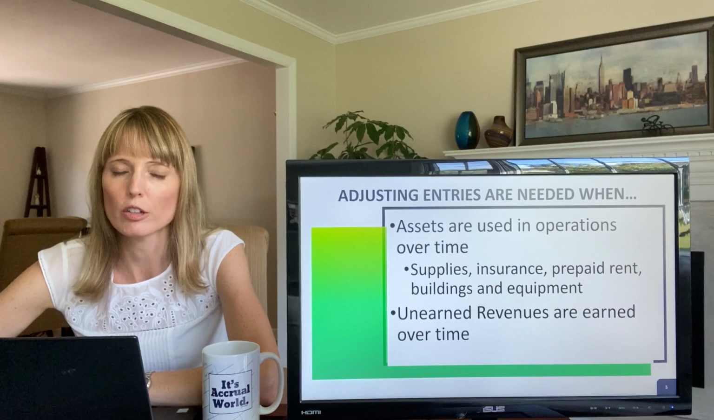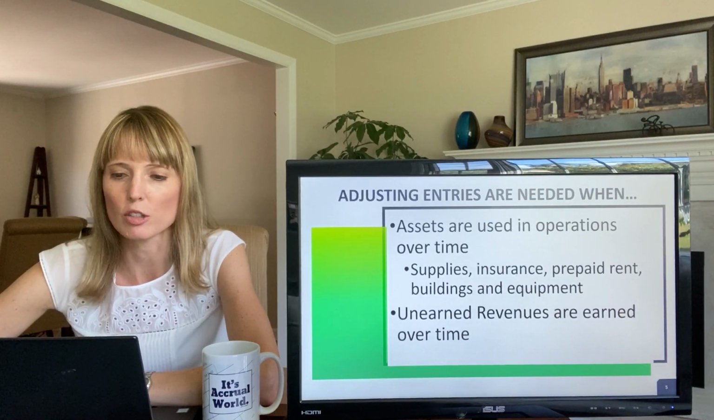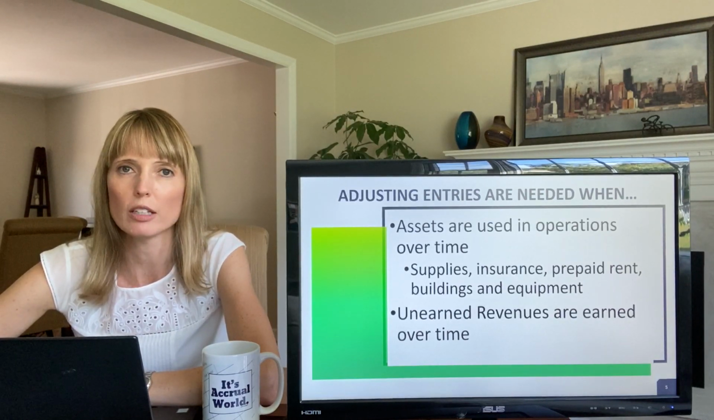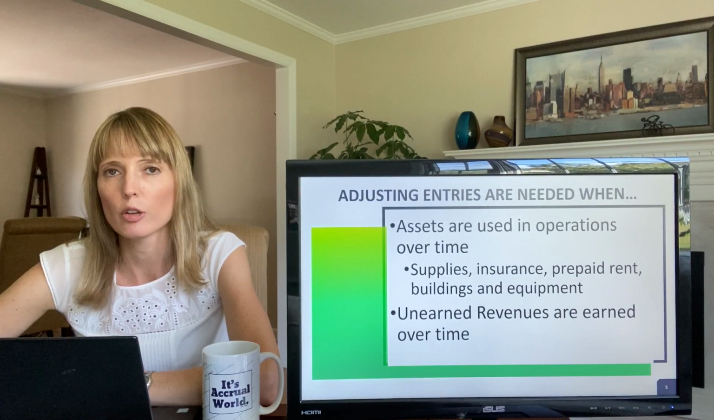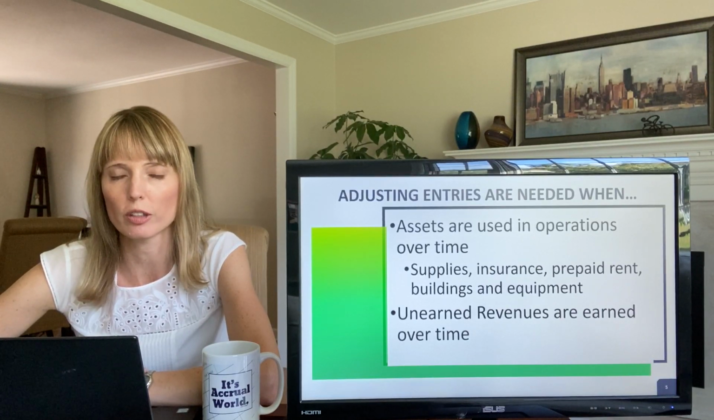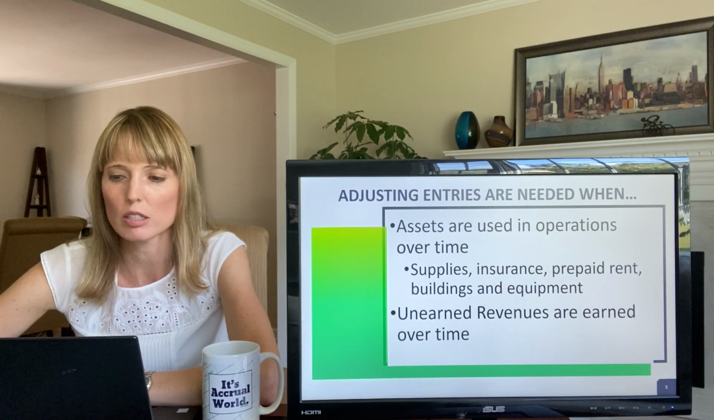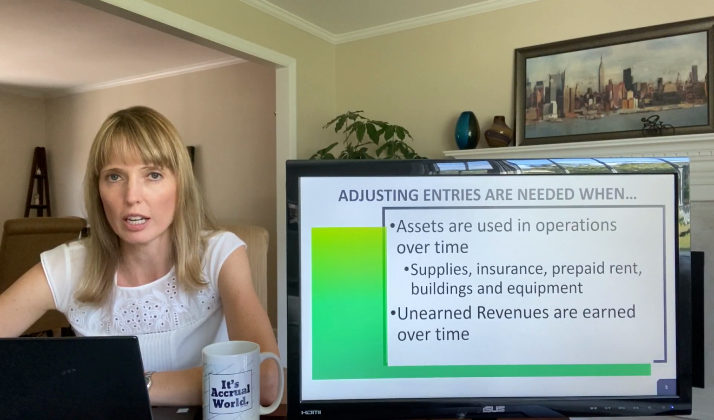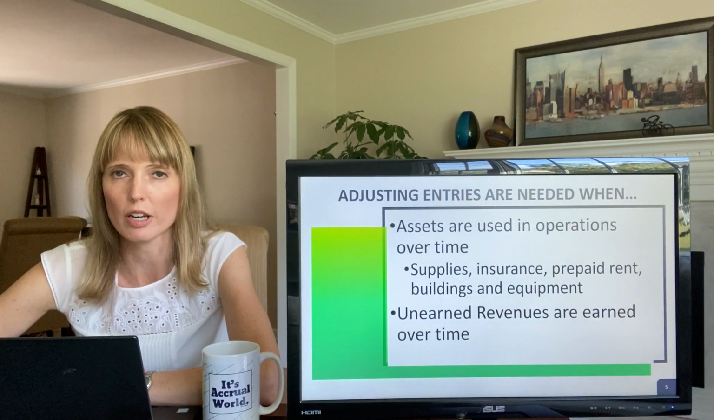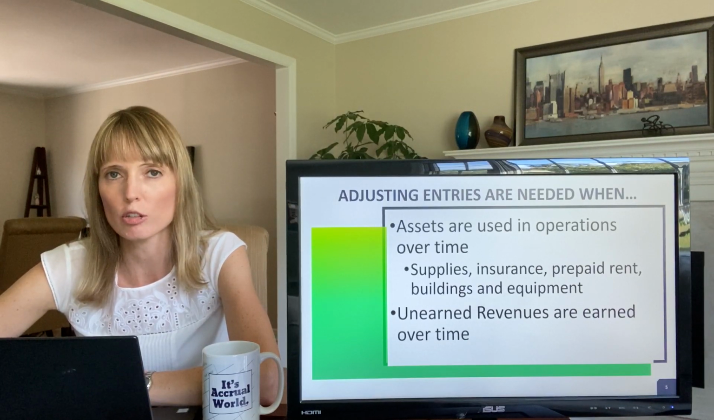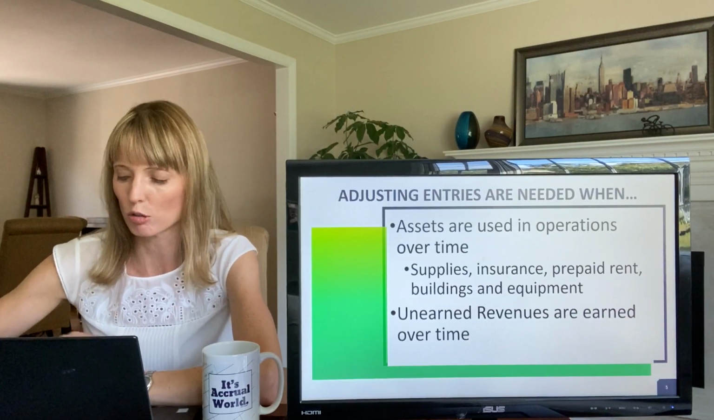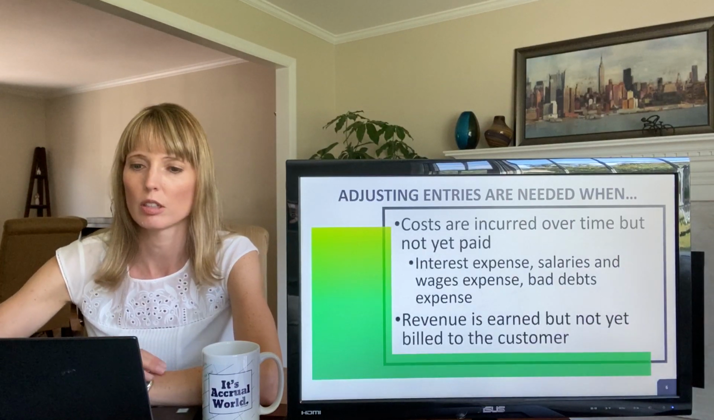As I mentioned, assets that are used in operations over time, like supplies, insurance, prepaid rent, buildings, and equipment, require adjusting entries for the usage or the decrease in the asset's value. But there's other reasons we need adjusting entries. When unearned revenues are earned over the accounting period, typically evenly over time, at the end of the period, we need